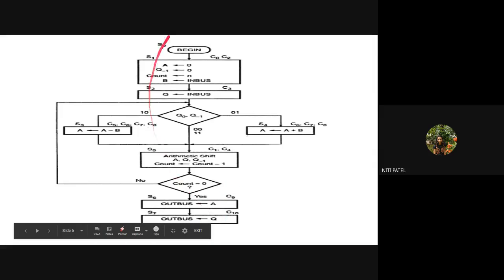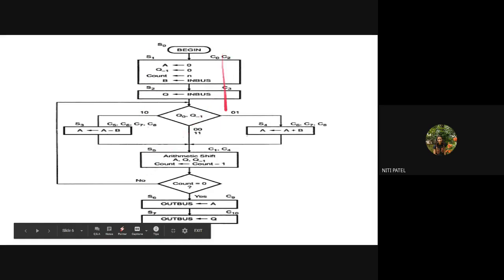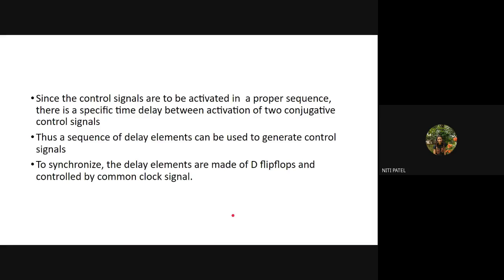So this means what? I have designed this algorithm perfectly by using a state table transition hardwired control unit. Why? Because I have status signals also, and I have control signals also for each and every operation that is performed. All the control signals are also in sequence. Is this understood to you?